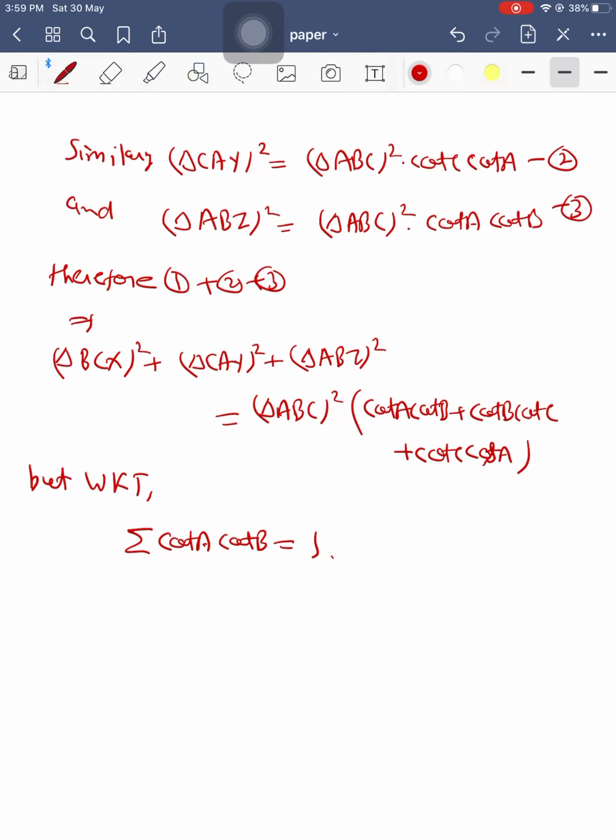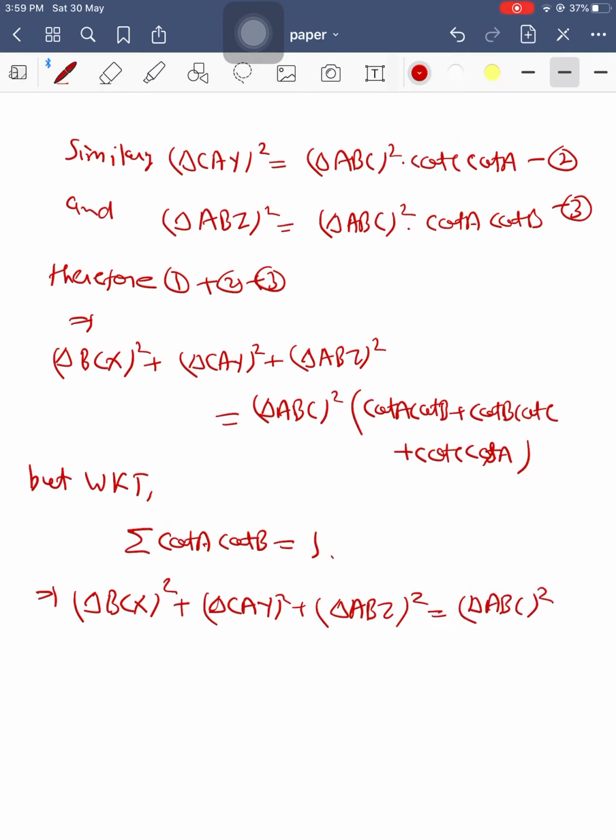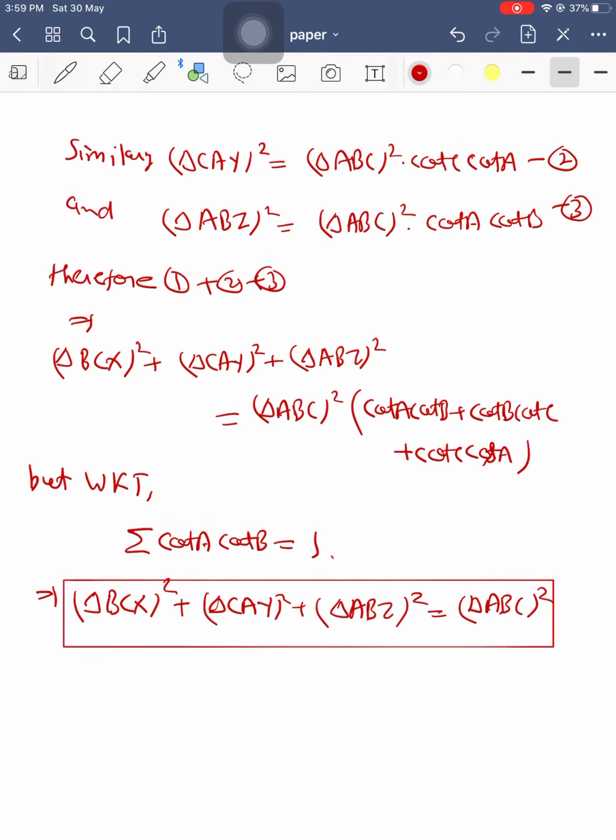Therefore what we have? The square of the area of triangle BCX plus the square of the area of triangle CAY plus the square of the area of triangle ABZ equals the square of the area of triangle ABC. Hence we are done. And if you are interested to know the proof of this particular part, we can write this identity as